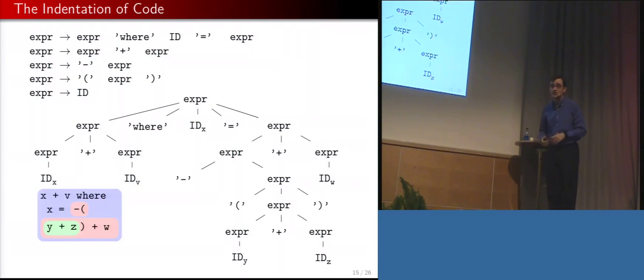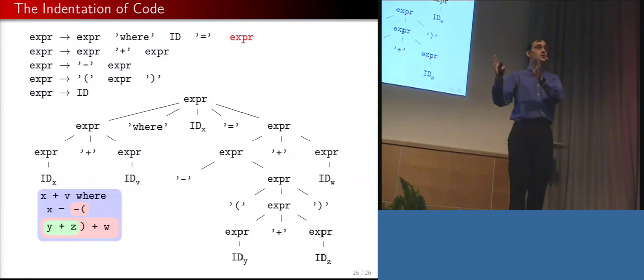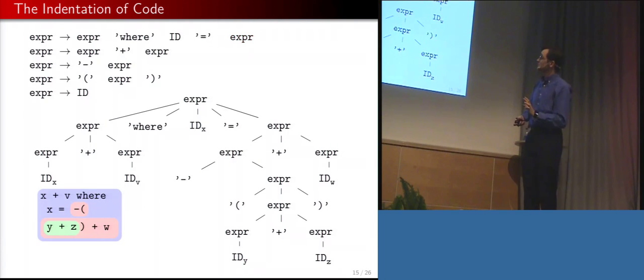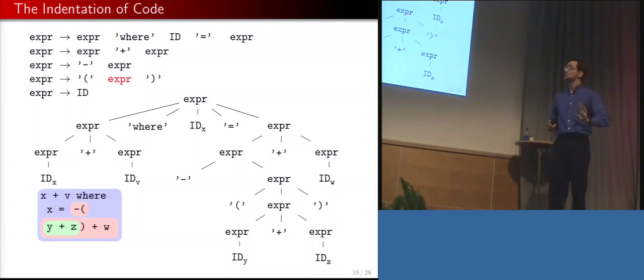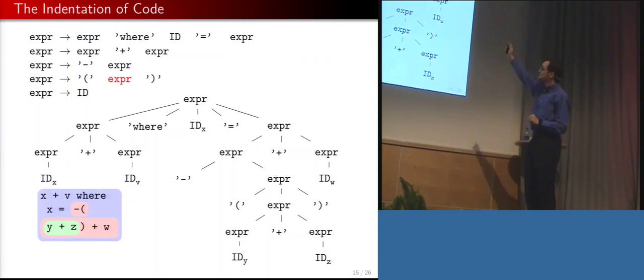To see this in action, I'm going to use this small little domain-specific language. Well, if you recognize what it is, it's not quite so domain-specific. The rules for this language are that the right-hand side of equality starts a new indentation block that is aligned to the column of its first token. And inside of parentheses, we're going to allow ourselves to reset the indentation. This is similar to how in Haskell, if you have curly braces, you can reset the indentation back to the first column. And we've got a little bit of code down here that demonstrates this, and here's the corresponding